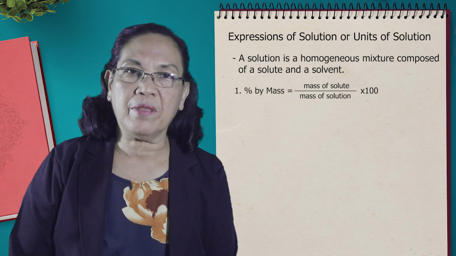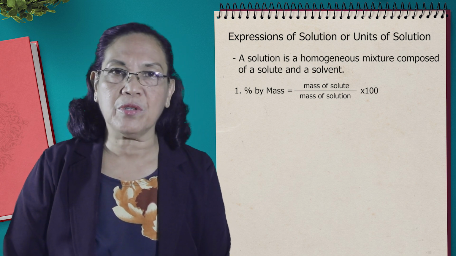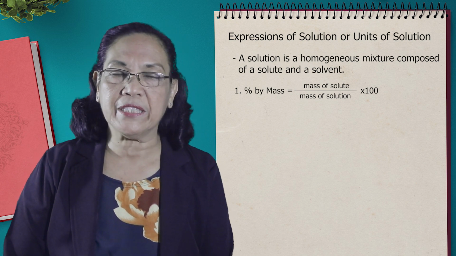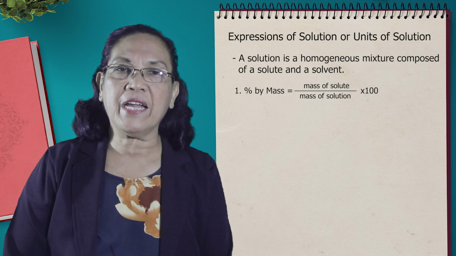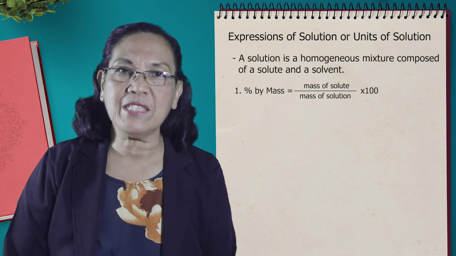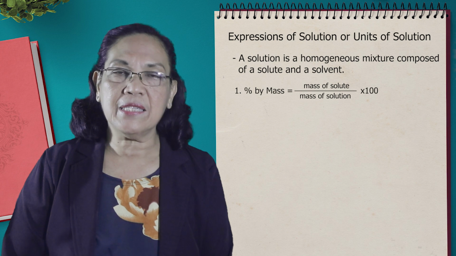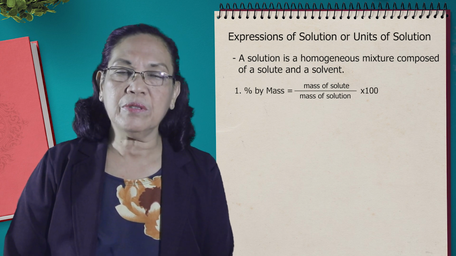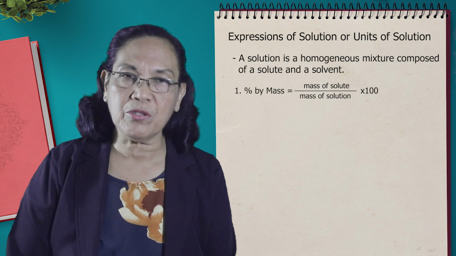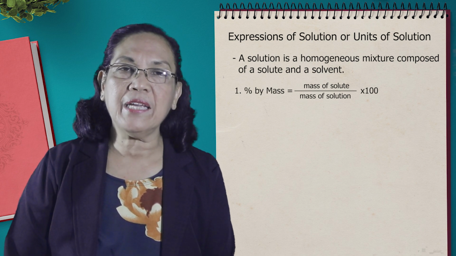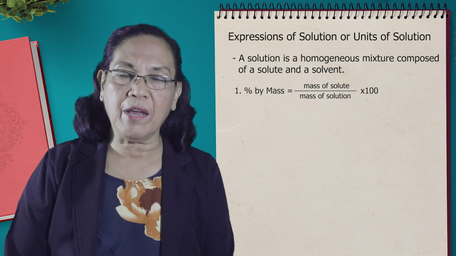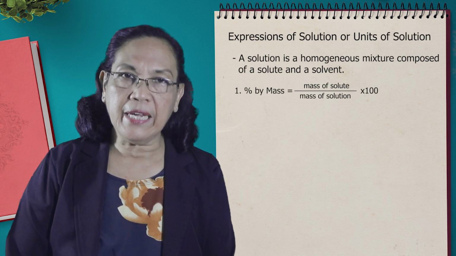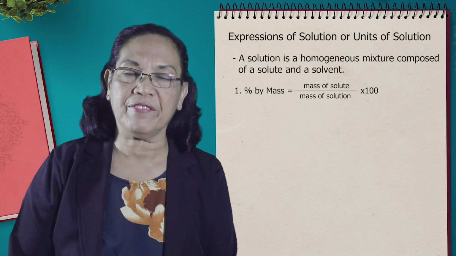Since we know that a solution is composed of a solute and a solvent, we can also modify this formula by stating that percent by mass is equal to the number of grams of the solute divided by the sum of the number of grams of solute and the number of grams of solvent